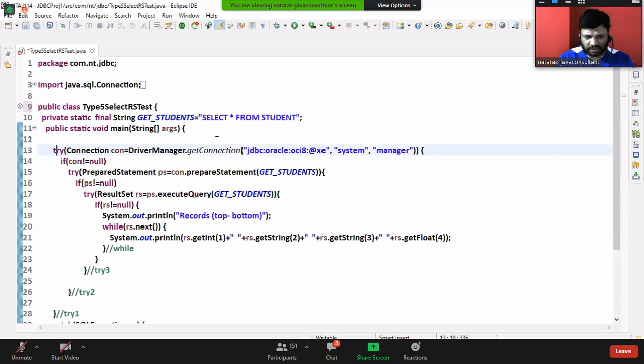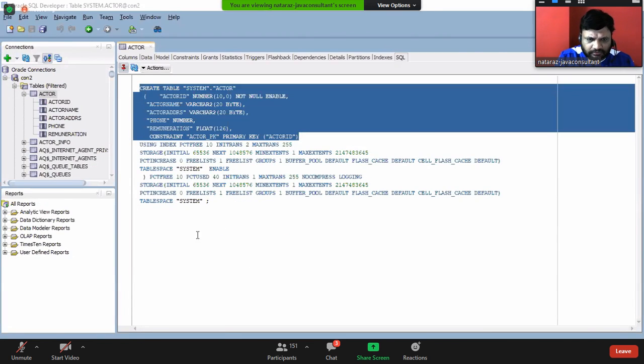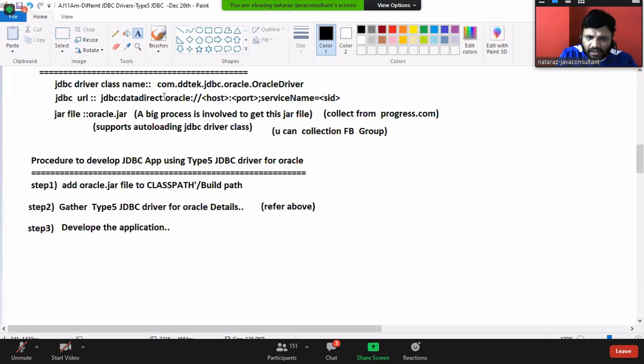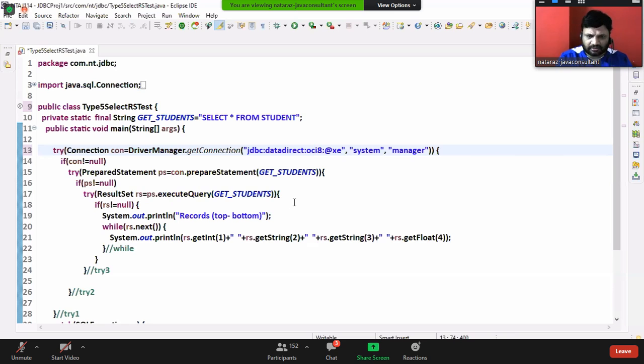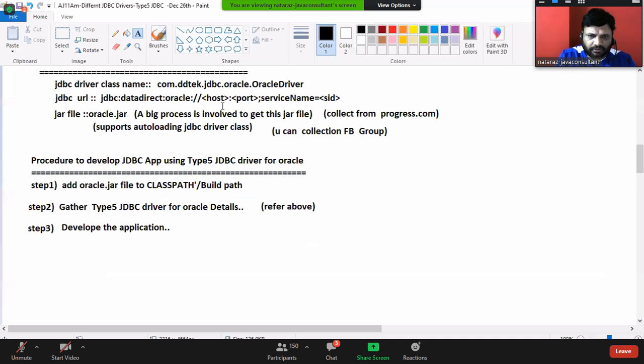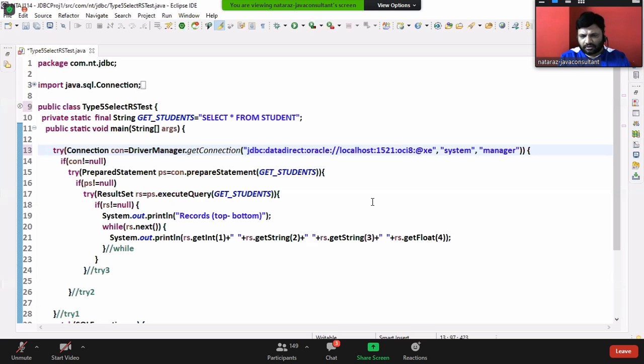Loading of driver class name is optional. We know that. Here the URL will be different: jdbc colon datadirect colon oracle colon slash slash localhost, port number 1521, semicolon service name equals the service ID. That's their syntax, guys.